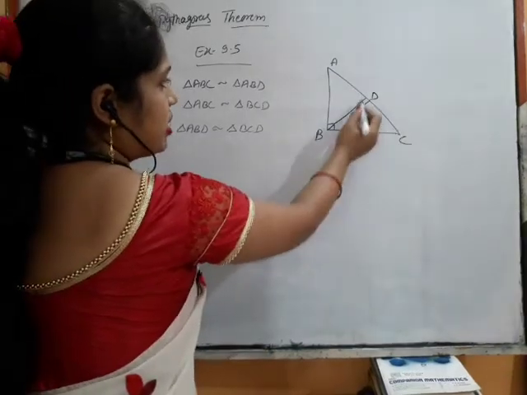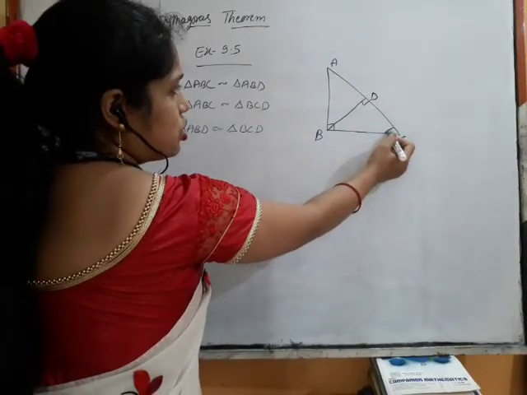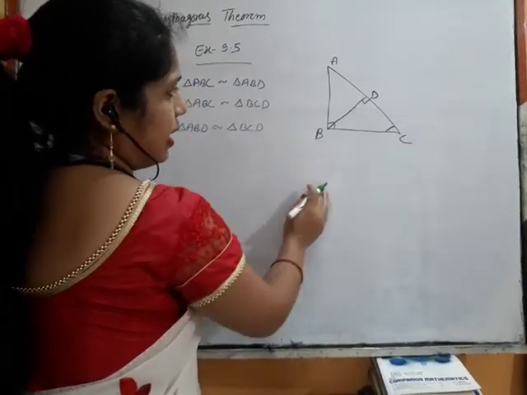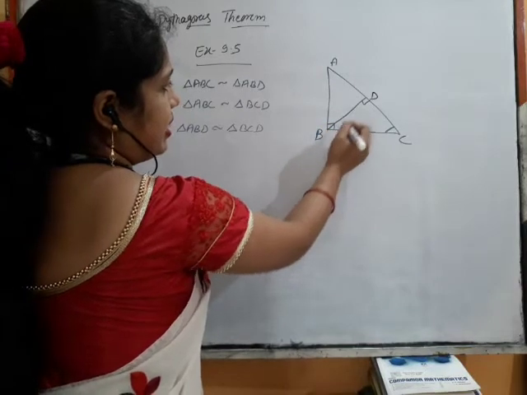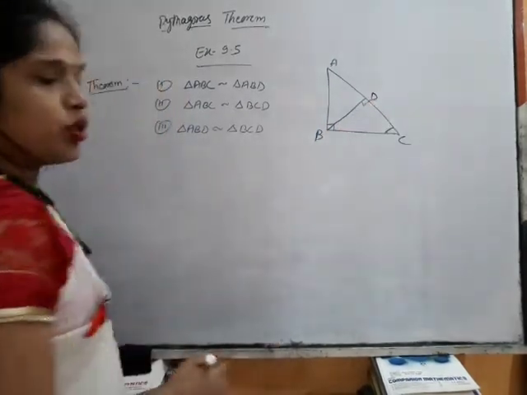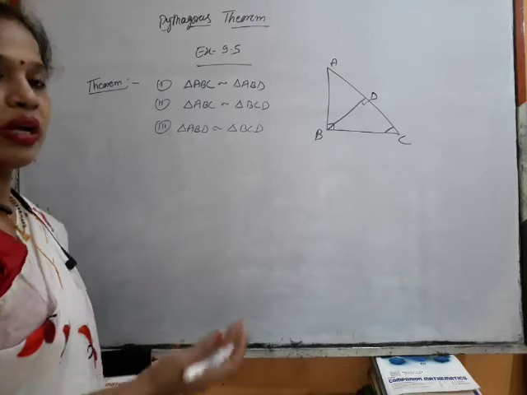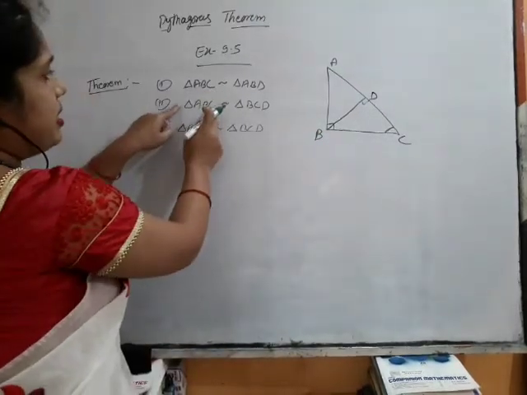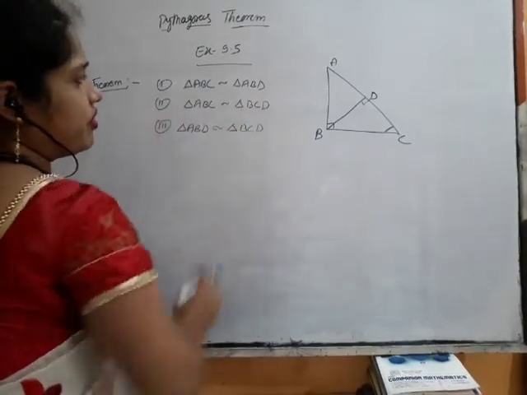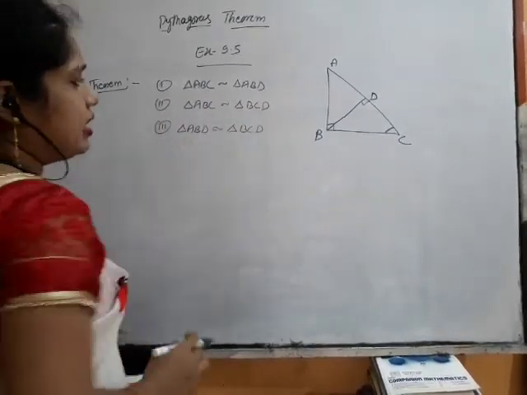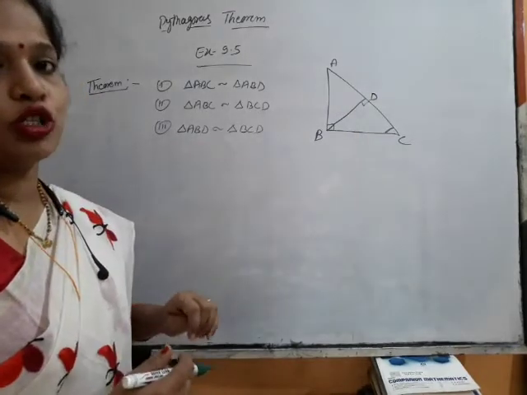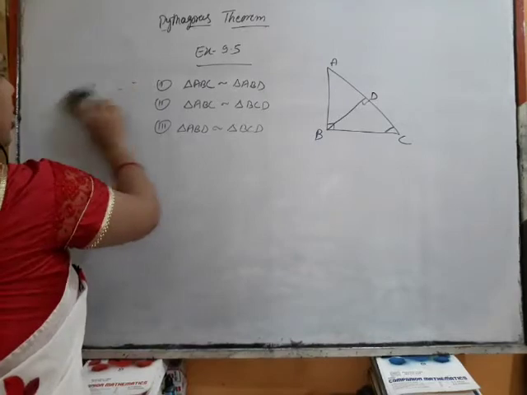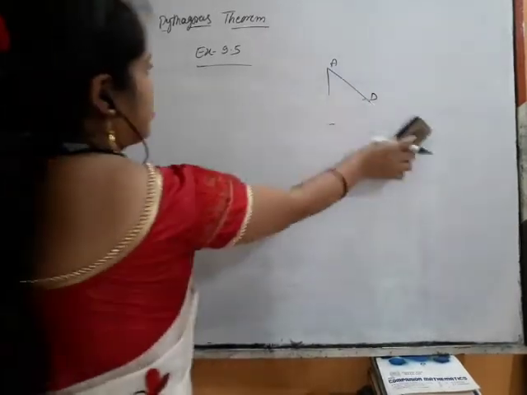And here also, if we consider triangle BCD, in triangle ABC angle C is there, and in triangle BCD angle C is also there, and angle ABC is 90 degrees and angle BDC is 90 degrees. So by angle similarity, both the triangles become similar. And if the same triangle ABC is similar to two different triangles, then those two different triangles also become similar to each other. Okay. So now let us start using these results